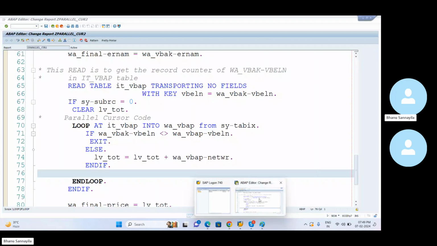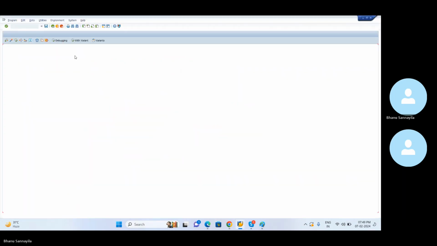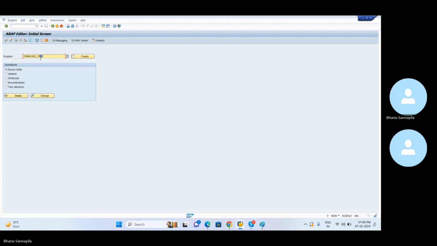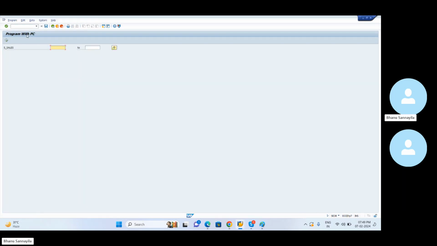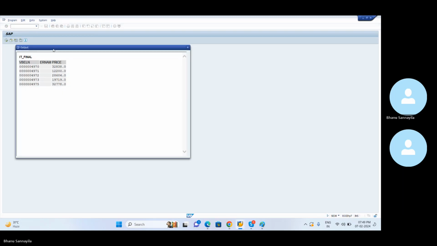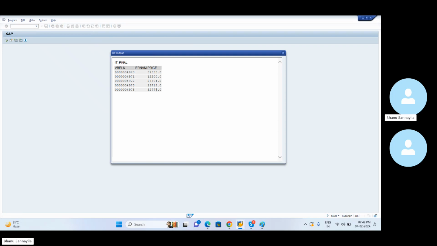Let me close this particular table for some time. Let me activate this program and open the first program also. Let me execute it, and let me execute this one as well. This is the program with PC. This is without PC. Without PC, we saw the results. Now this is with PC. Same values I'm giving in the selection screen. So see,